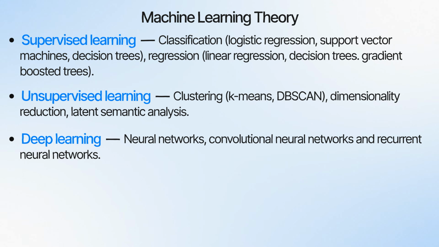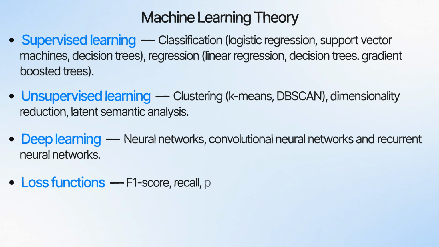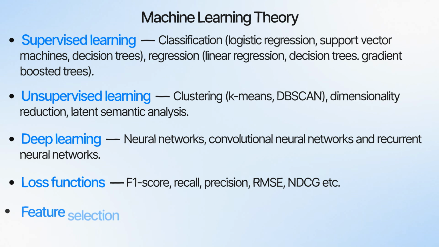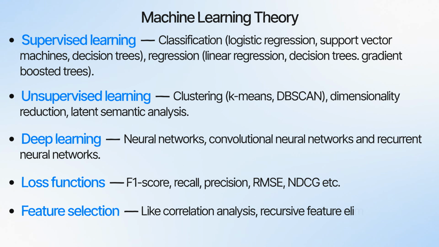Then you should learn loss functions, so like F1 score, recall, precision, RMSE, NDCG, just all the types of loss functions, because these metrics are very, very important when you're formulating your framework, as I said earlier. Then you should understand the basic rules of feature selection, so things like correlation analysis, recursive feature elimination, regularization, cross-validation,